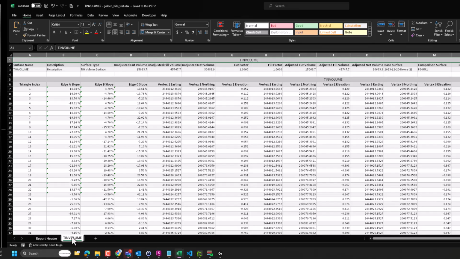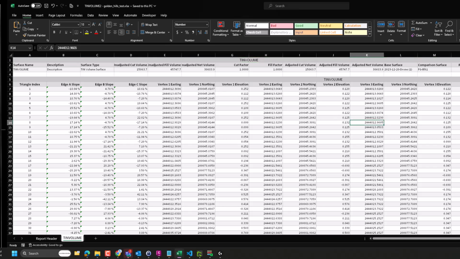Now, if I go over to tin volume, we get the full everything. So typically with the tin volume data, these vertices are not going to be very interesting. What is going to be interesting is the volume stuff up top. So I can see my base surface, my comparison surface, all that jim jam. Anyway,